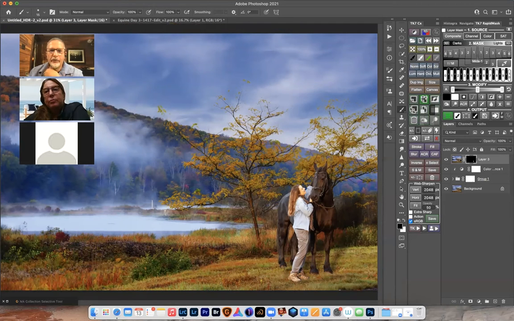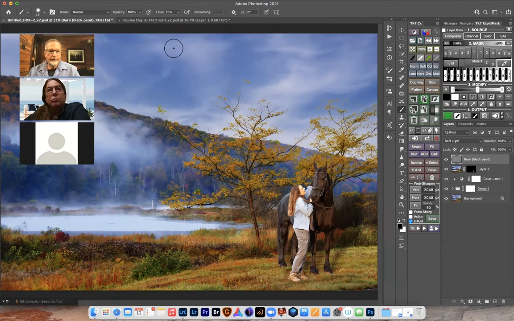And the shadow helps to sell the whole thing. Now, I still don't love the light on her because I'm getting a little too much light through here. But that's an easy enough thing to fix because mostly it's just burning. So I'm going to grab my burn tool, hit Shift 1 to go to 10%, and put 20% opacity. And I'm going to just kind of soften and tone some of between